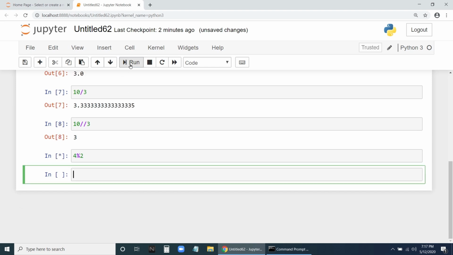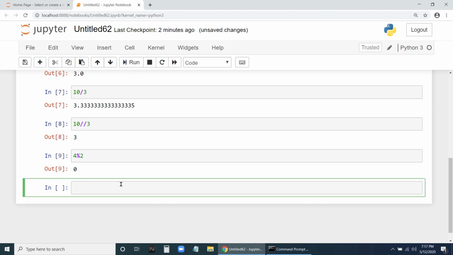Let us run this, and the remainder is 0. Similarly, 5 divided by 2: 2 2s are 4, so 1 is the remainder. So 5 mod 2 gives 1 as the remainder.